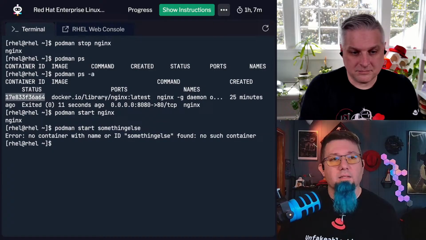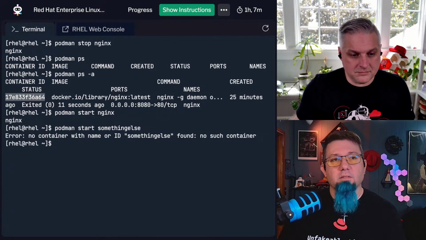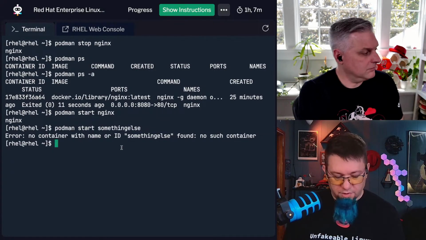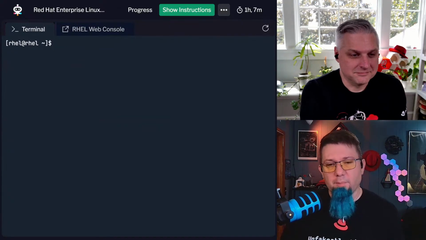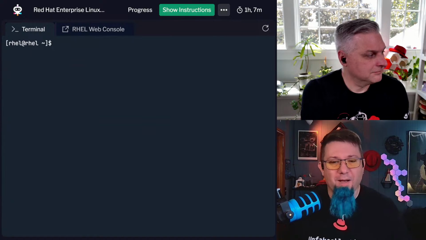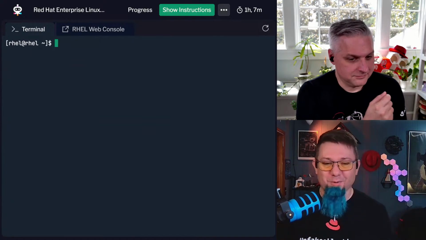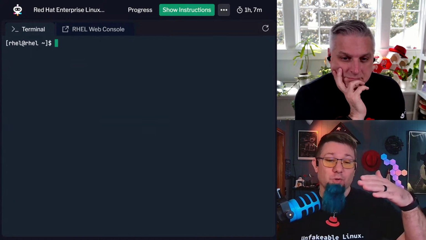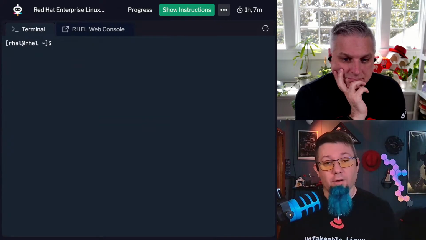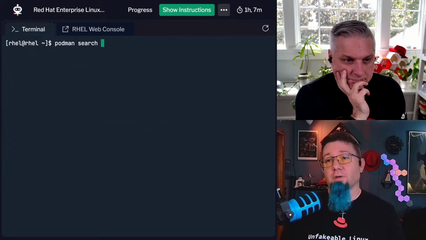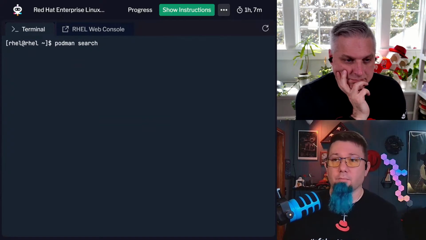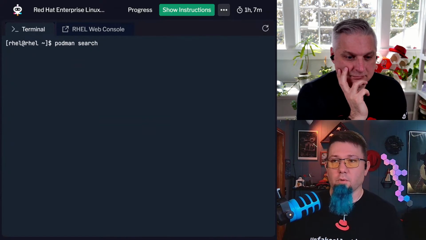All right, let's see. There's a couple other commands like this. This one, I didn't know this existed: search. There's a Podman search command. I learned about this while I was prepping for the episode. I usually just go to the registry that I care about and search there for a container image. But if I did a Podman search for, I don't know, what do you want me to search for? We could search for